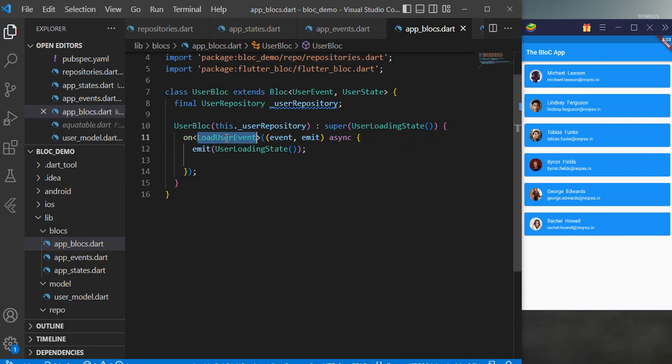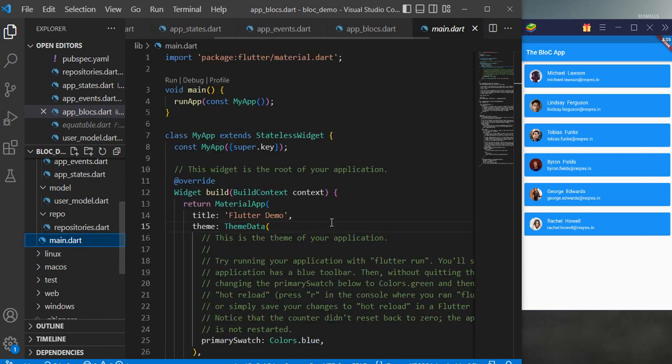This event is used to make something work or to do something, and when this load user event is created and the event is triggered, it says, hey, emit the state, and in our case this is user loading state. Now to trigger this event and to get this state, we need to go to our